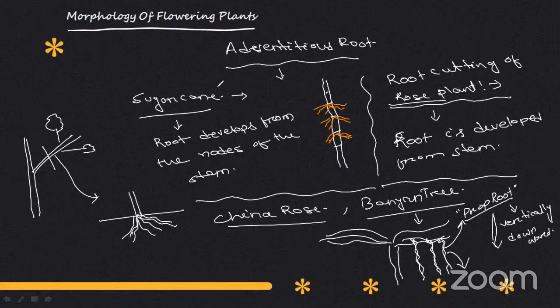On that basis the advantageous root is divided into three types. One is the foliar root, if it is developing from the leaf. If it is developing from the lowermost node of the stem, then that is called the fibrous root. And another one, if it is developing from